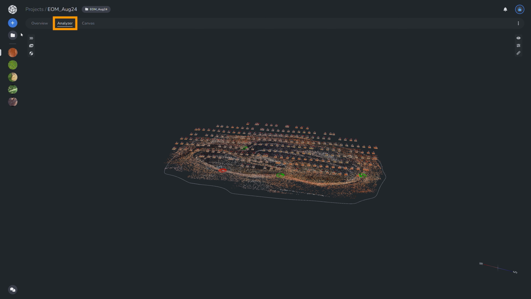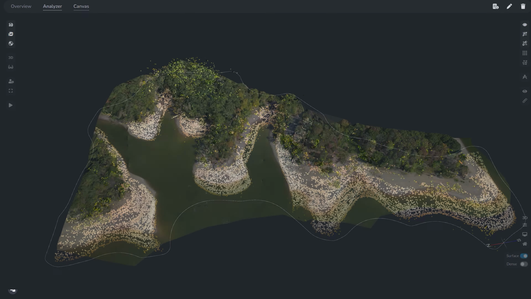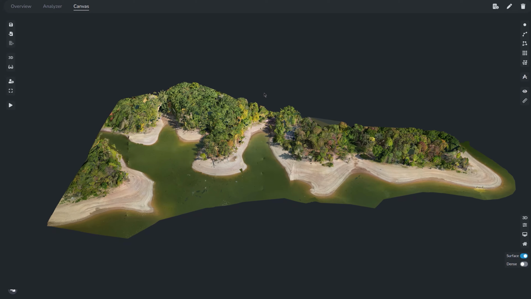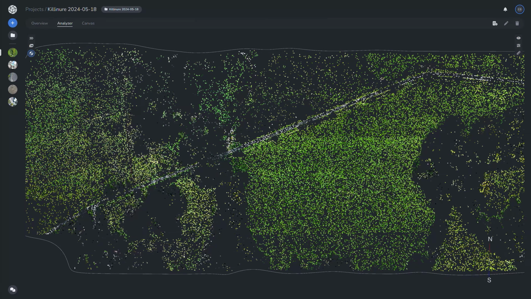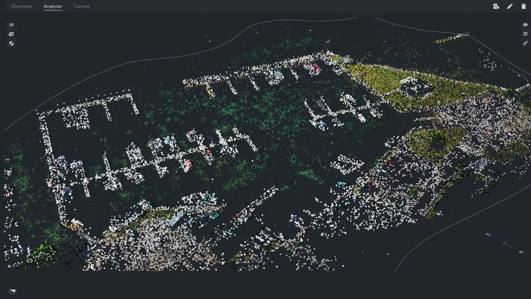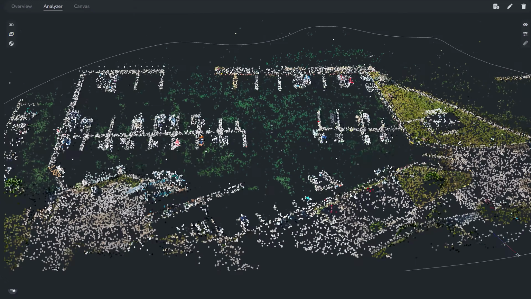your reference points. It is also arguably one of the most important parts of the photogrammetric process, because all of the output products will be derived from the Analyzer bundle adjustment process. In the Analyzer tab, you can identify outliers and blunders in the input data, identify areas in the project that might have lower accuracy due to heavy tree cover or water, and ensure that you get the highest quality deliverables